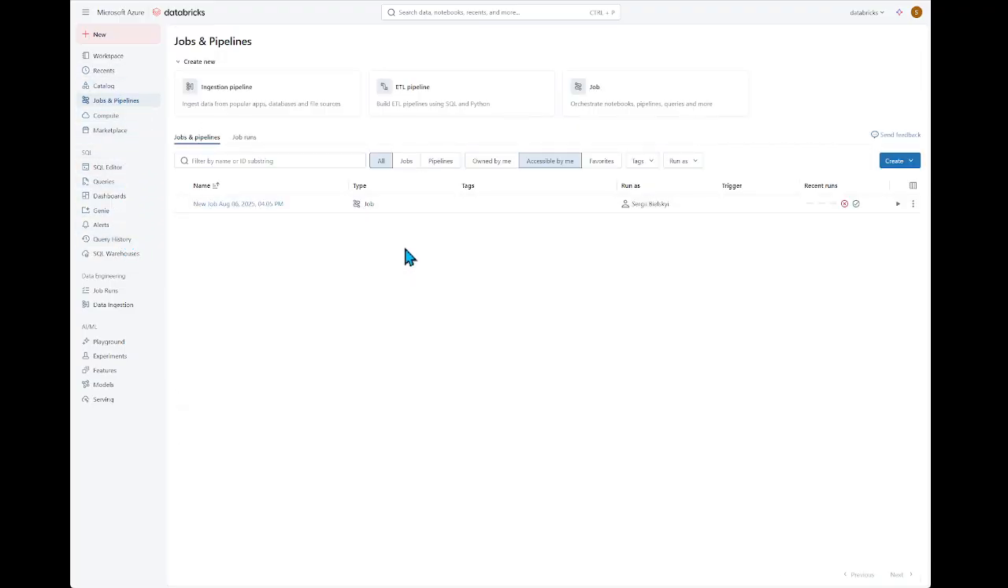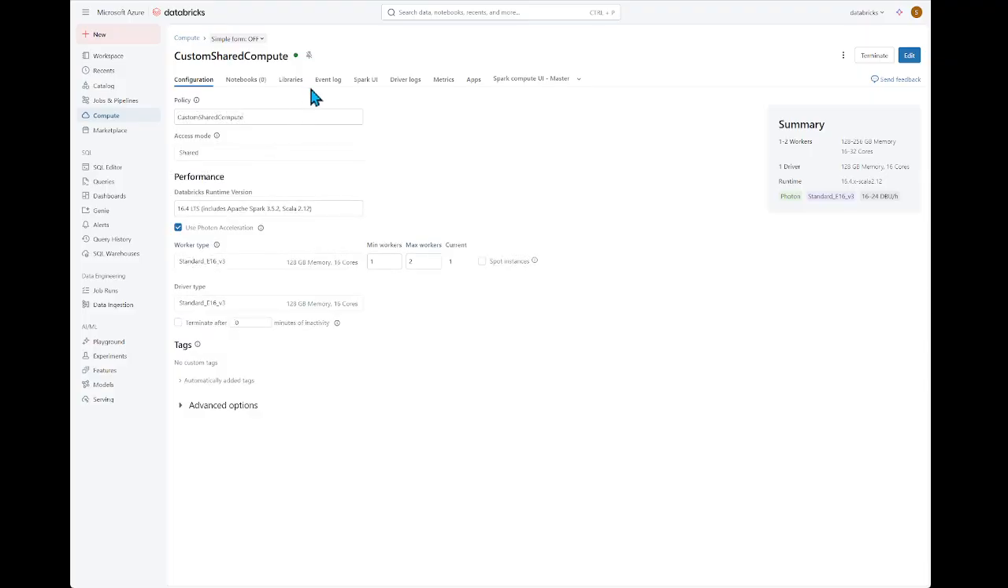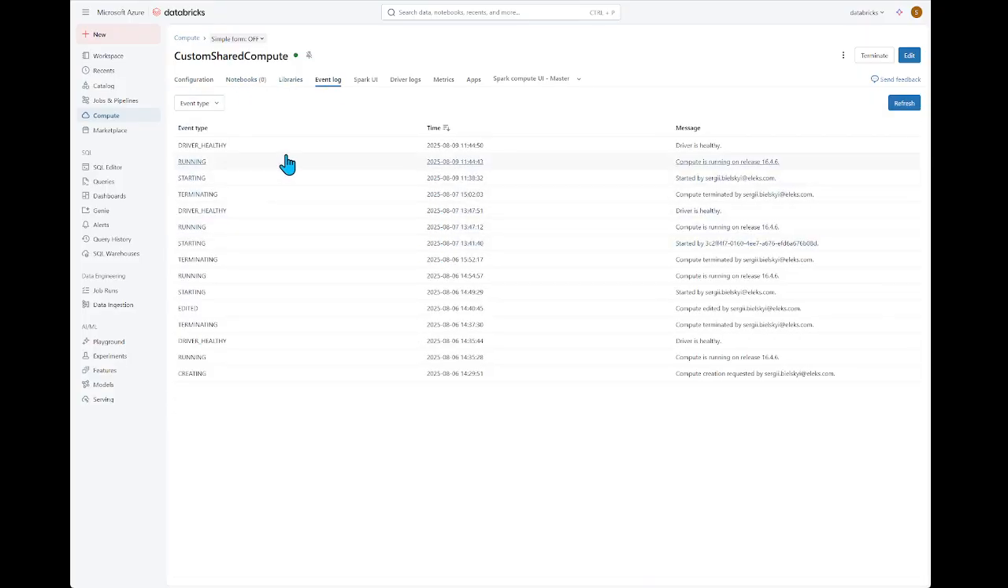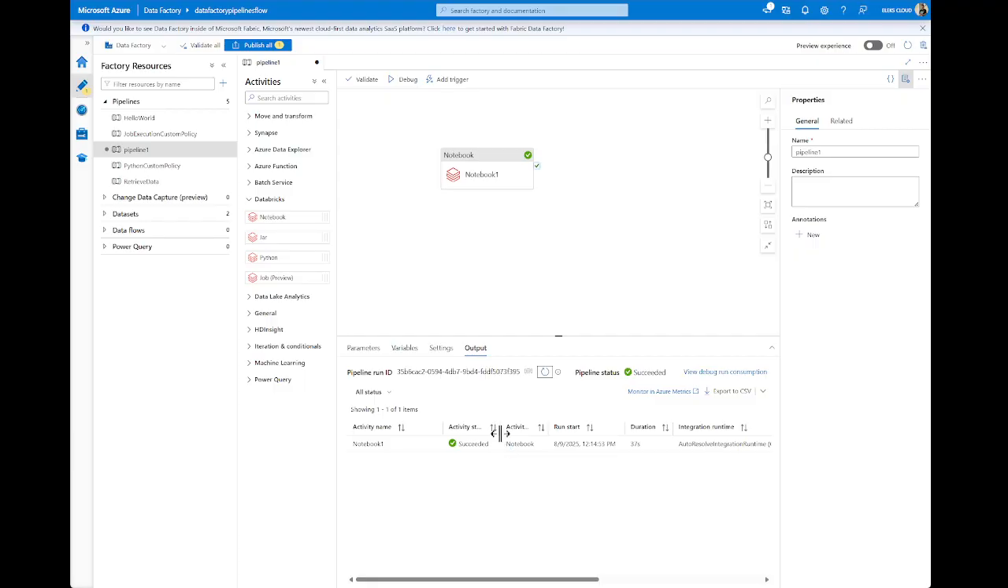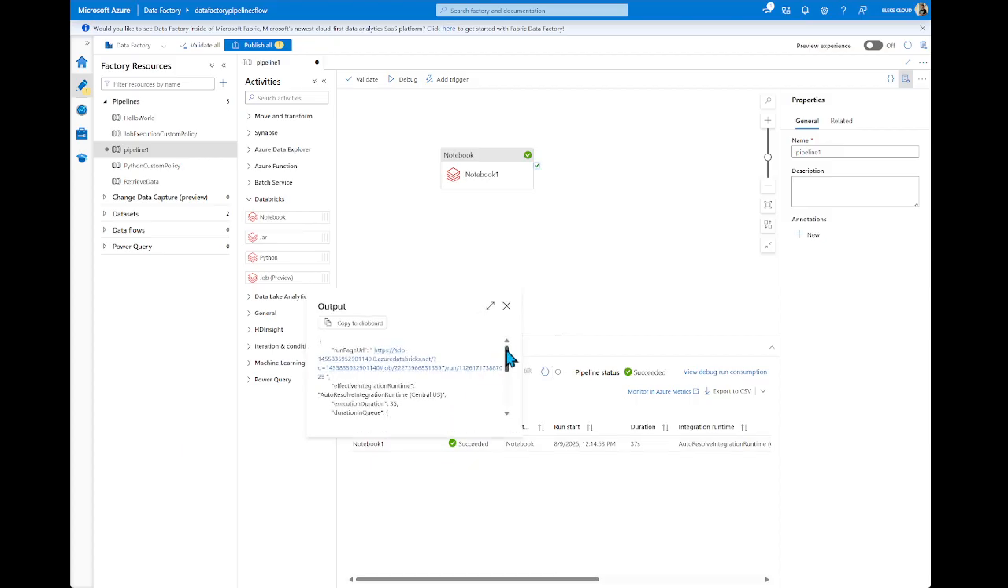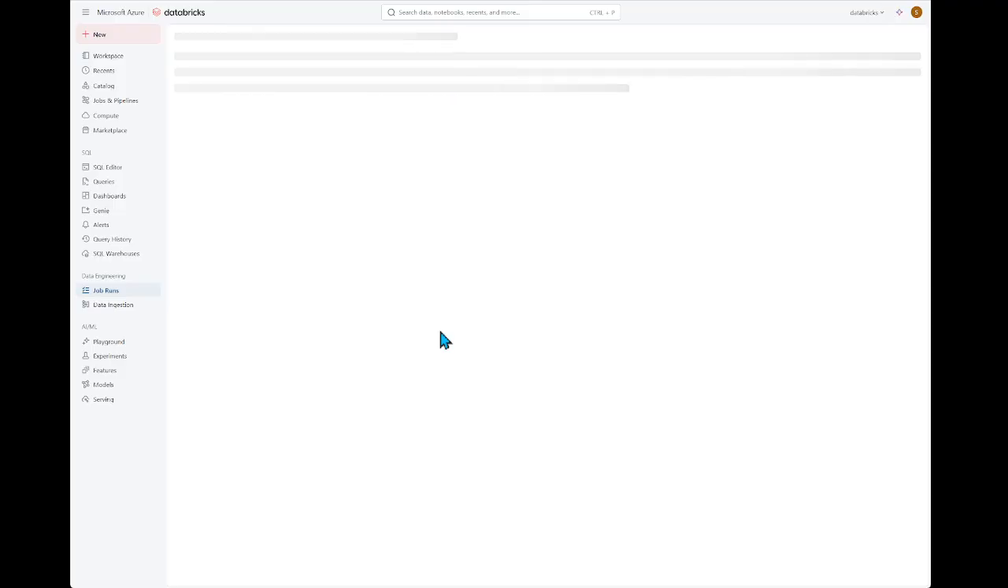Somewhere here. No, this is the job. Compute. Event logs. Driver healthy. Everything is up to date. And go back. We see information that our pipeline processed this information. So we have output, and we see information about output, and we also can open the results about output from